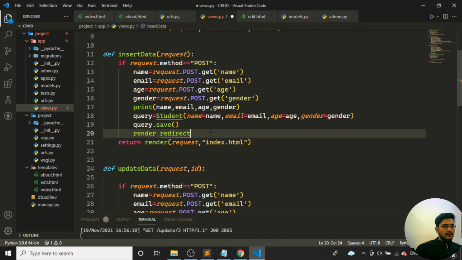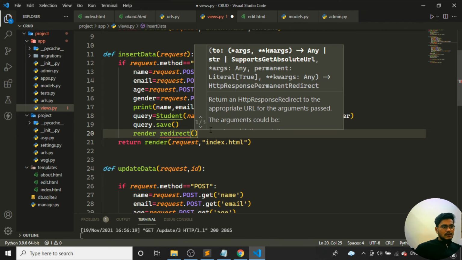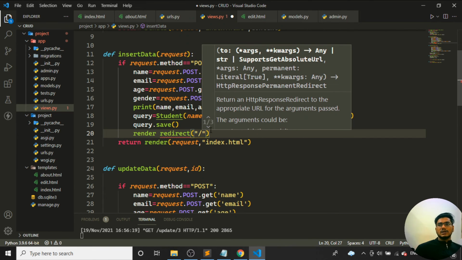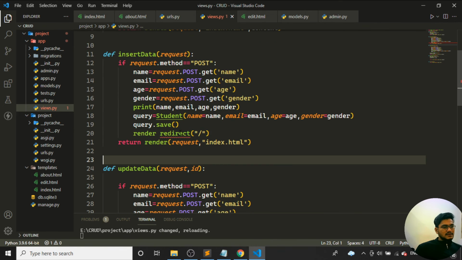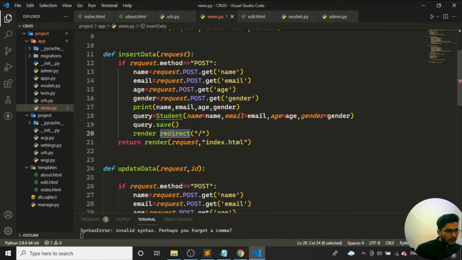So I'll return redirect to this particular slash. I can use any slash, but here I'm not getting it. Let's save. Once I save, I'm getting this error. It says invalid comma. So where is the comma? Anywhere I have mentioned the comma.